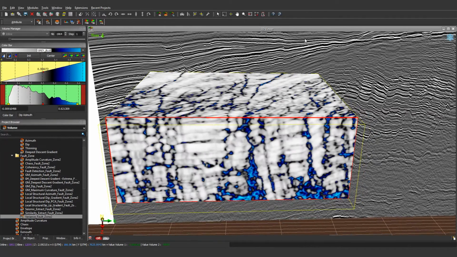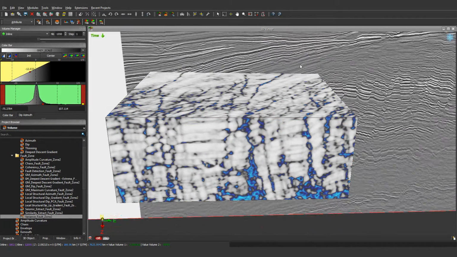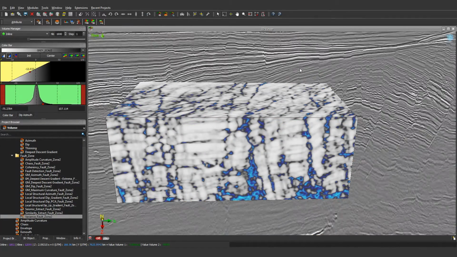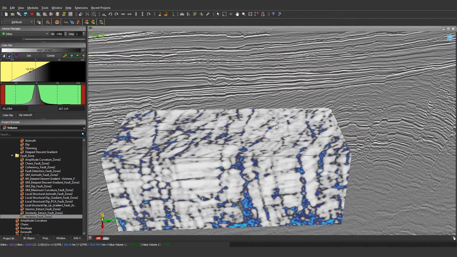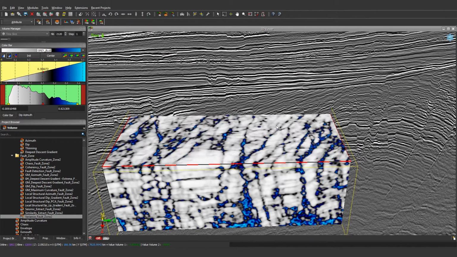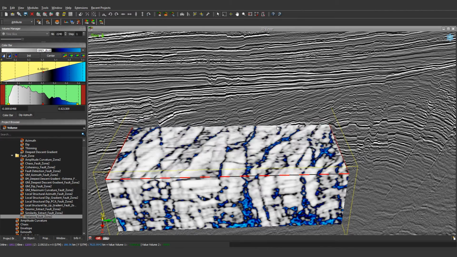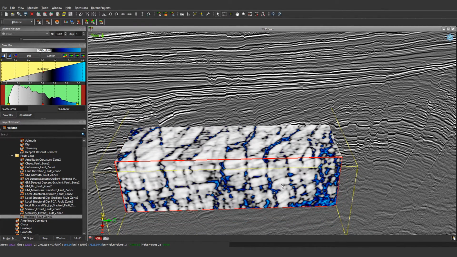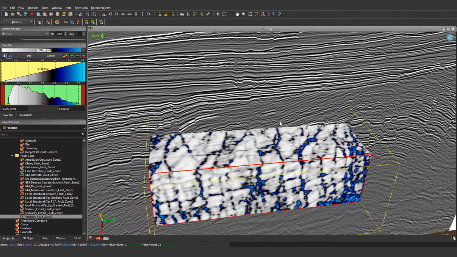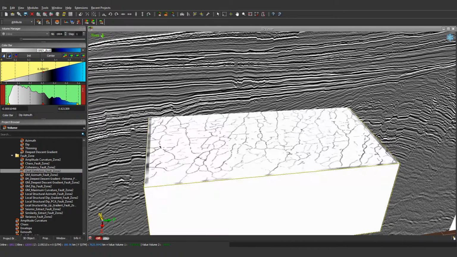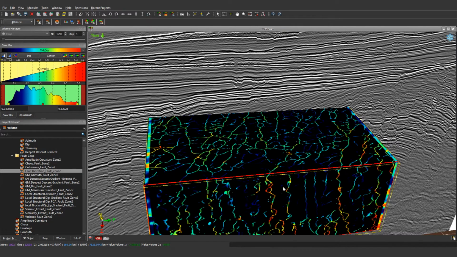Generally, we look at this attribute as a cube, and then slice upward and downward through the different time slices like this. So if we overlay the fault probability on the variance, we see that these attributes, which are both seismic based, will enhance the main fault planes, and we generally use these automatic attributes as a help for the interpreter to pick the faults.